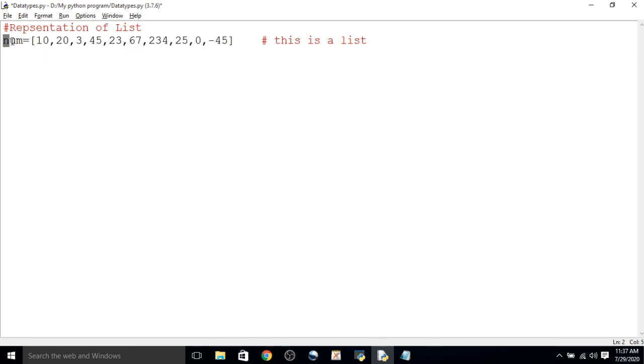For example, we have declared one list, lst equal to, inside square brackets, a list of numbers we have taken. All those numbers are separated by commas, and at the end the square bracket is closed. So we will create a list with different types of elements.